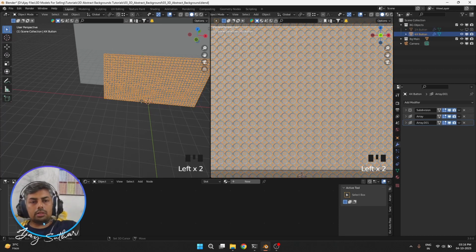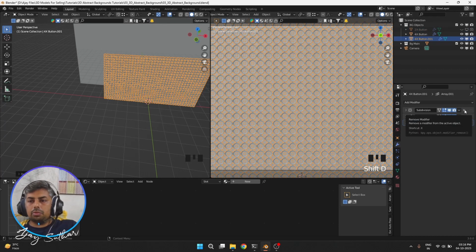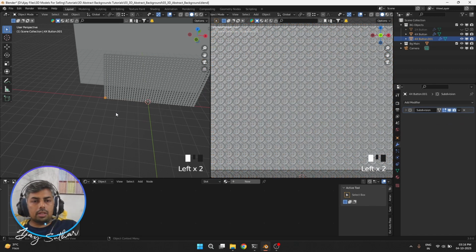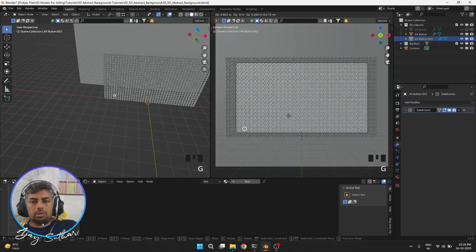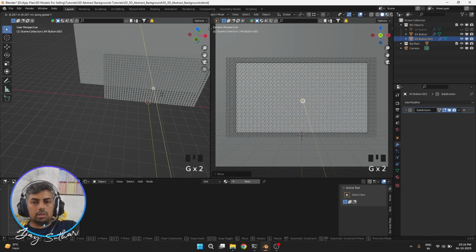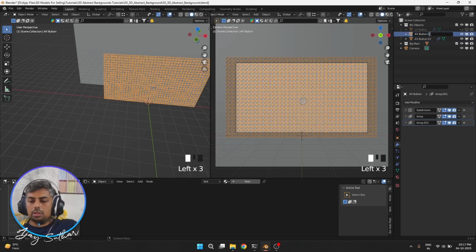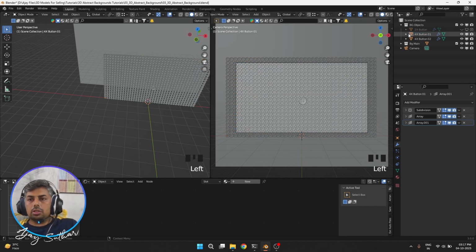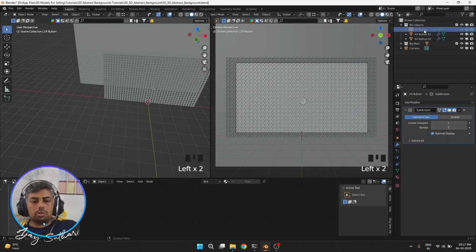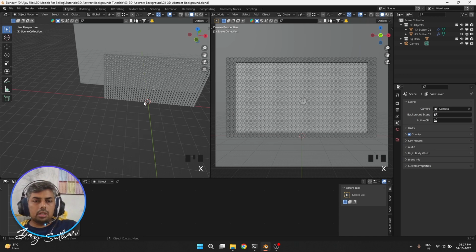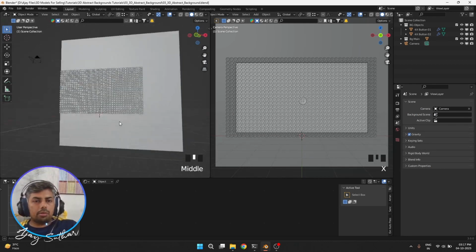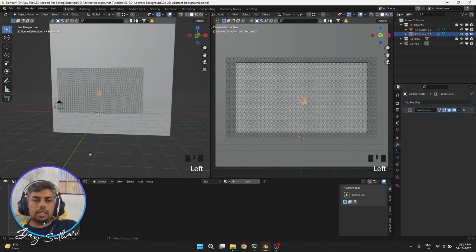Shift D, enter, and remove this array. That's okay, yeah. So now, yes, scale it, Control A, scale, apply. This will be object button 2, and these will be 1. Okay, so we don't need these two X buttons, so let's delete those. Let it be. So now what we want, we need to create an angle, such angle where we can have